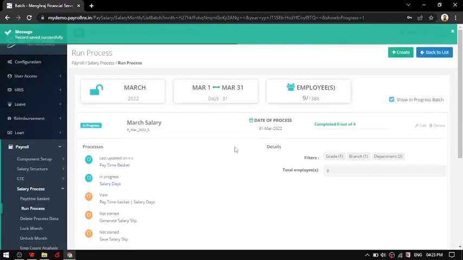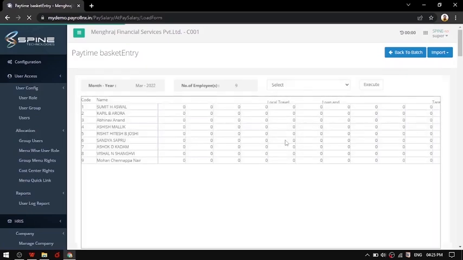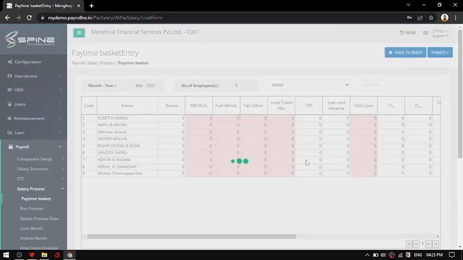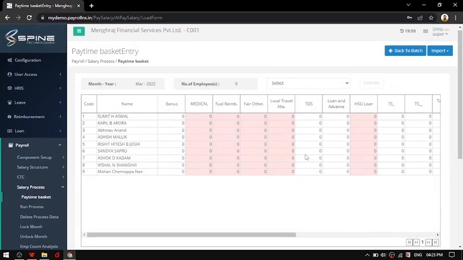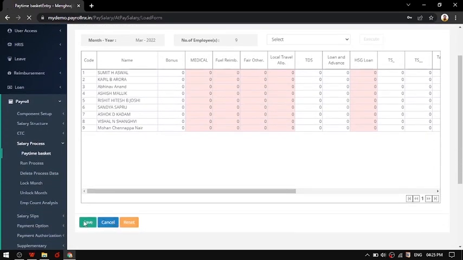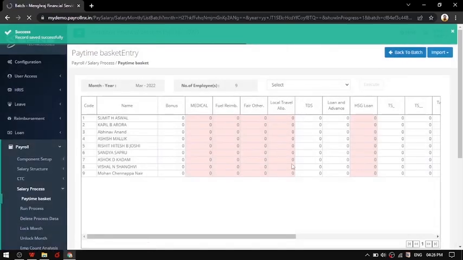Now click on a batch, pay time basket. So now we need to ensure my TDS should be 0 over here because we need to process the salary with a 0 TDS first. So I click on save, back to batch,